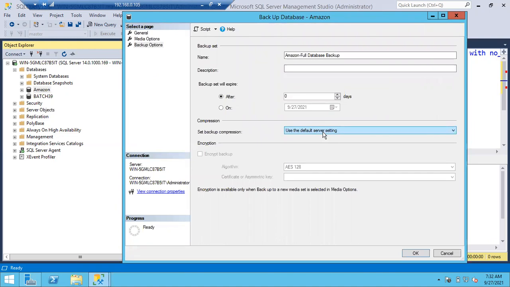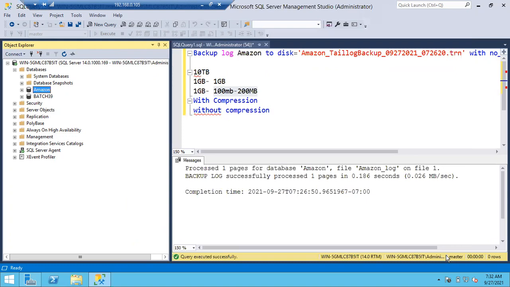You cannot choose compressed backup every time, so you don't need to touch this option, but make sure backup compression is on at the server level. Clear, guys? Everyone? Clear. Fine. So that is all about the compression option.